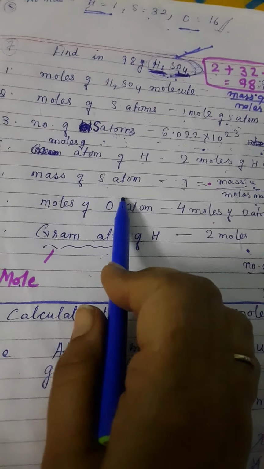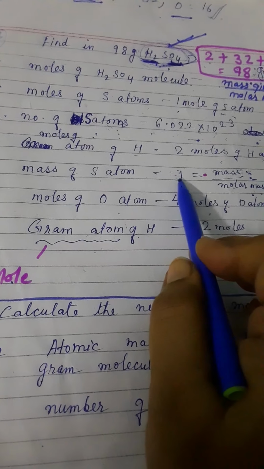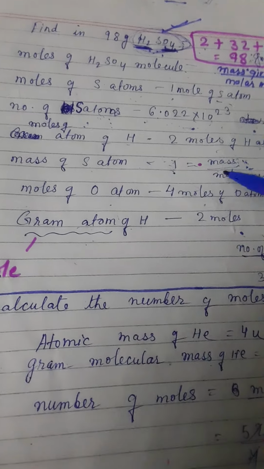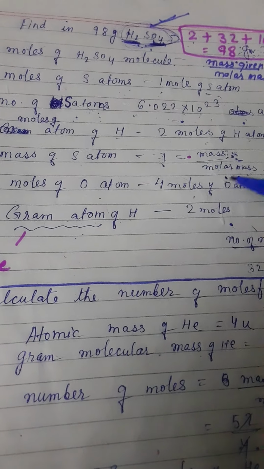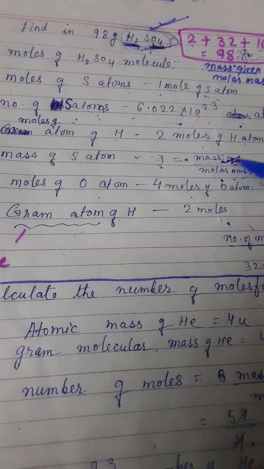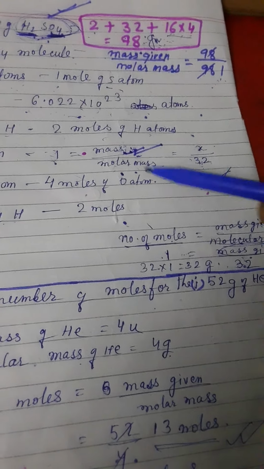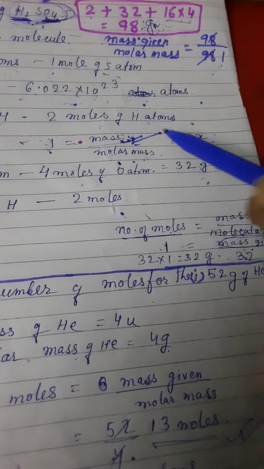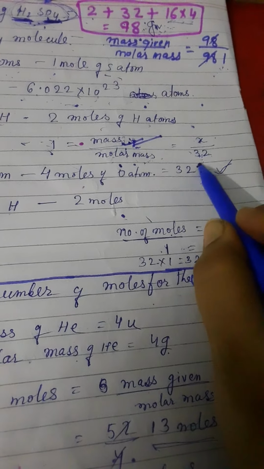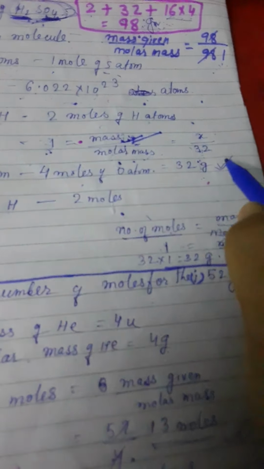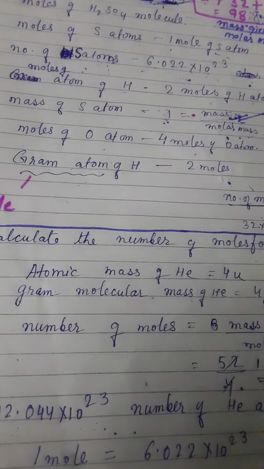Mass of sulfur atom, here it is asking for the mass. Okay, we know the number of moles of sulfur here is 1. Mass we have to find out. Molar mass we know is 32, and by cross multiplication we'll get the mass of sulfur. By this method we take X as the mass of sulfur. By molar mass 32, just cross multiply it with 1 and we'll get the value of X, 32. Okay, the mass of sulfur is what?